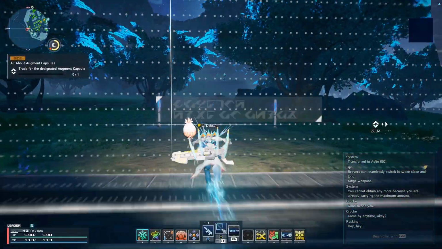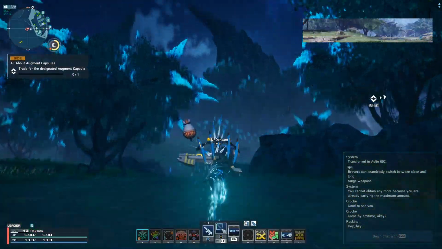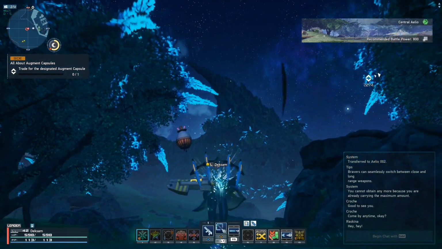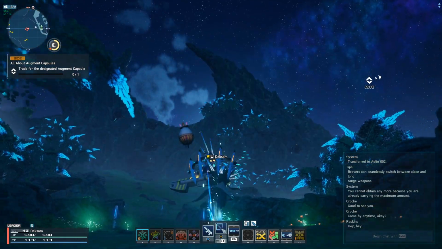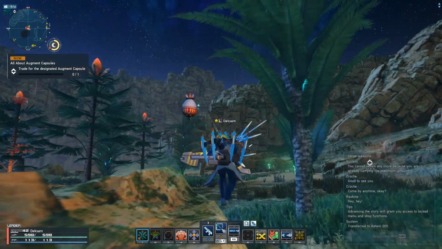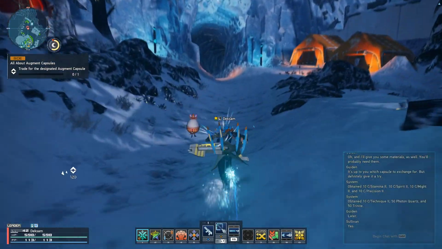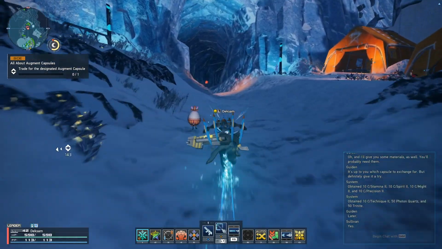For those unfamiliar with NGS, up to this point, the initial expansion launched back in June of 2021 with the Aleo region. Then, in December of 2021, the rocky desert of Retem released. And now, the icy, mountainous region of Kvaris has come to NGS, and it has introduced some new and interesting